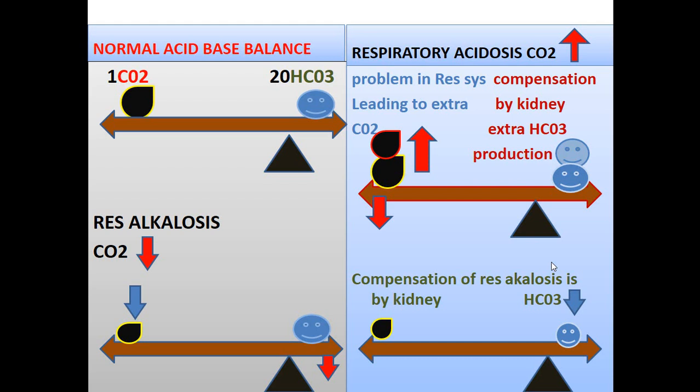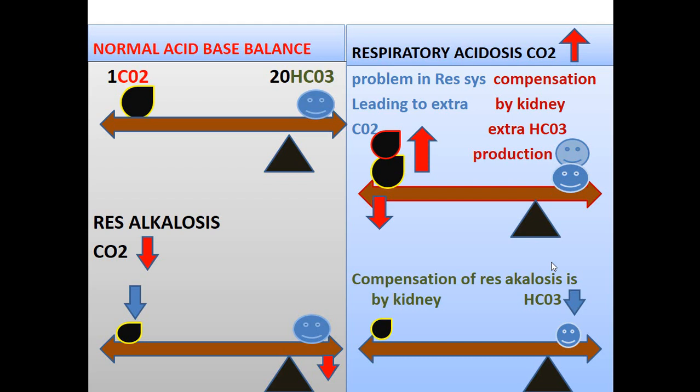Similarly, if your kidneys are not functioning and kidney cannot excrete the hydrogen ion from the body, or anything other than the respiratory processes, they will be known as the metabolic acidosis. For example, the kidneys are normal, the respiratory system is normal, still we have got the acidosis. And all these acidoses which are other than the respiratory system fault are known as a metabolic acidosis.